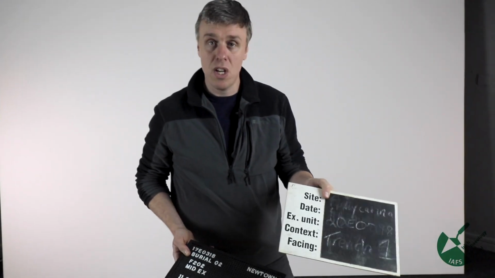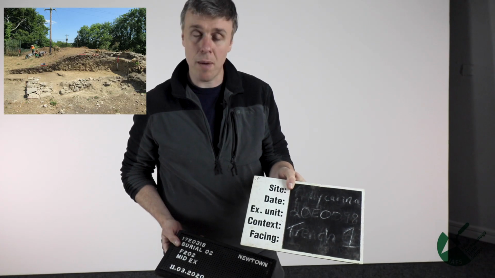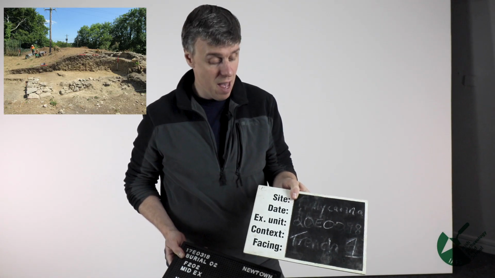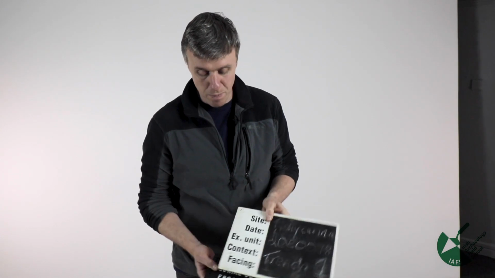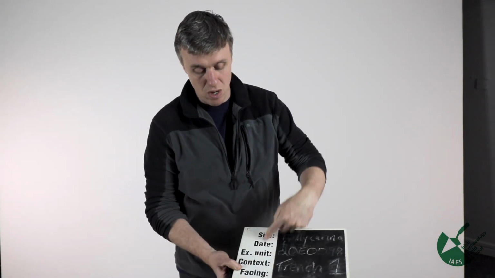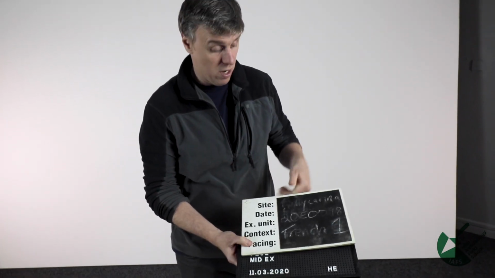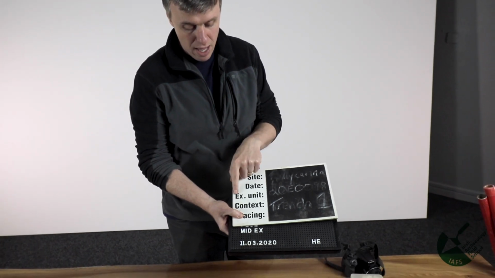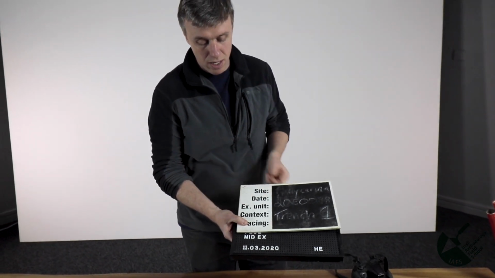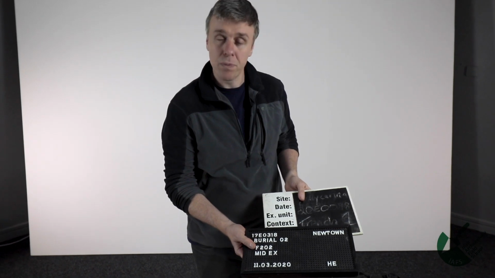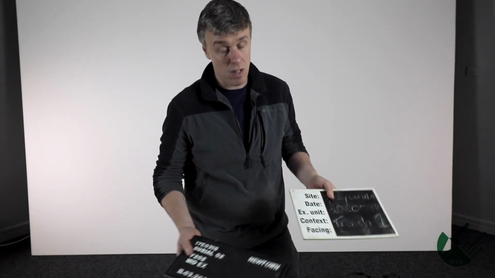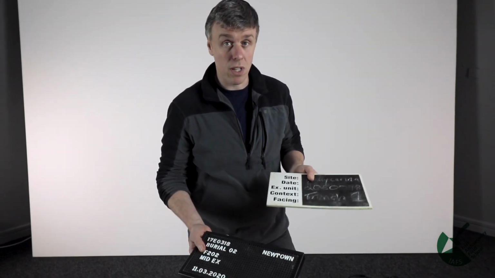An alternative is simply a chalkboard. Okay, you can see it doesn't look as well, but if you're just trying to capture the information quickly, this can also work quite well. So you can see most of the same information listed along here. One difference you will see, this board actually came back with me from Australia. It's talking about excavation unit instead of feature number. Okay, but we talked about the difference between excavation units and feature numbers in a previous video, so please look at that.